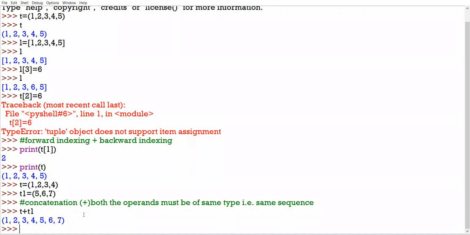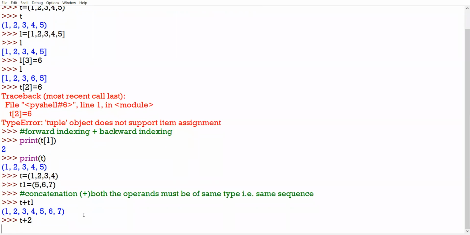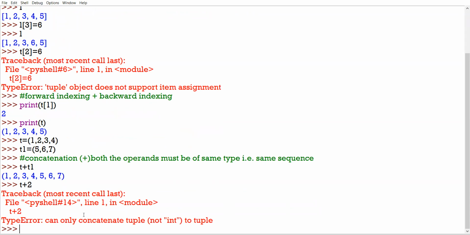But if you try to concatenate tuple with any integer, that will result in error because as per the rules, both the operands must be of the same type.